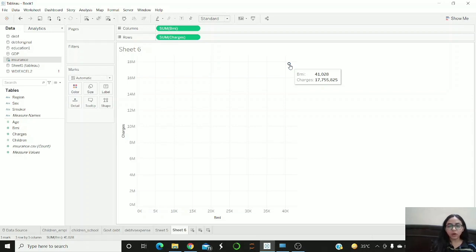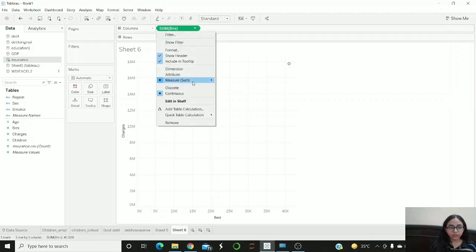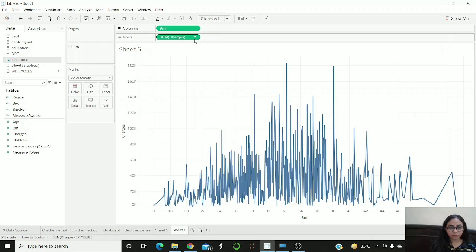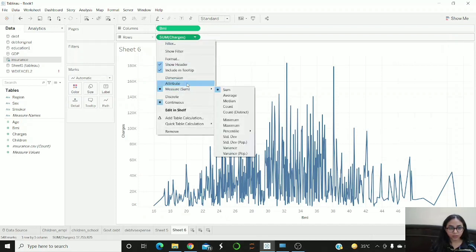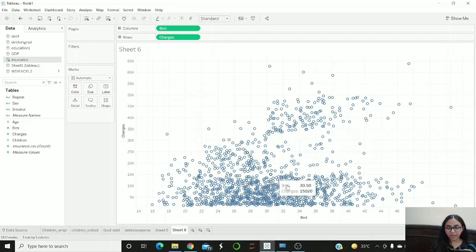So all the values of BMI and charges, these two columns, have been summed up, and hence we see just one point on the view. So we want to convert them to dimensions, and that will serve our purpose. We make both of them a dimension, and you can see a scatter plot right here.